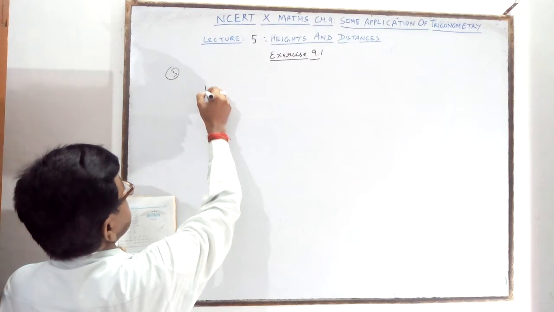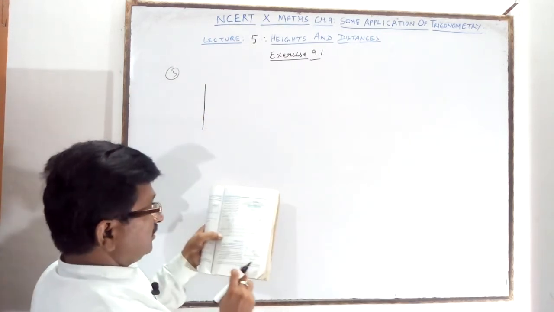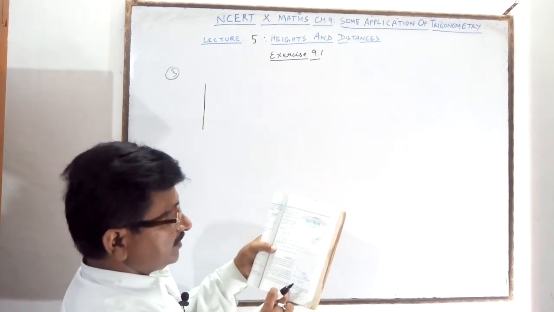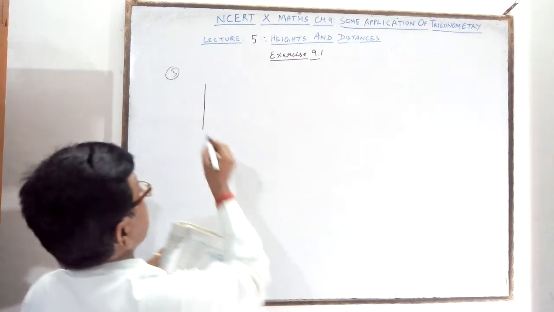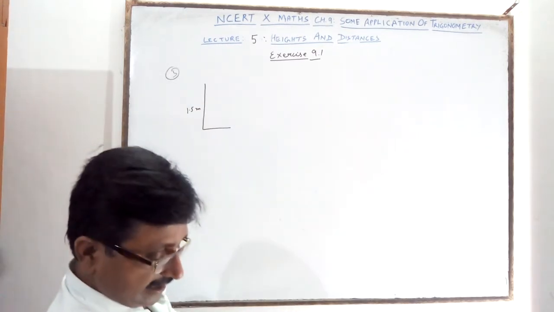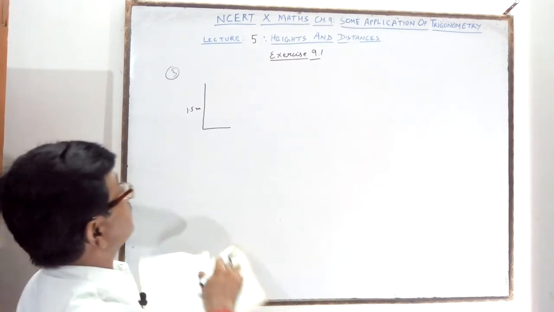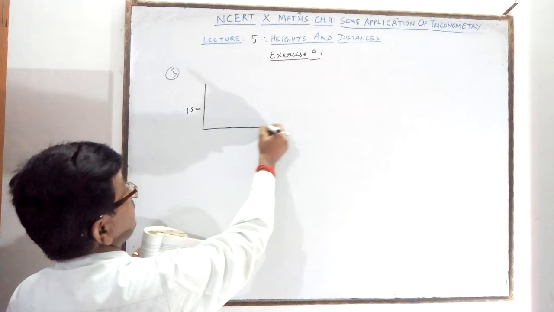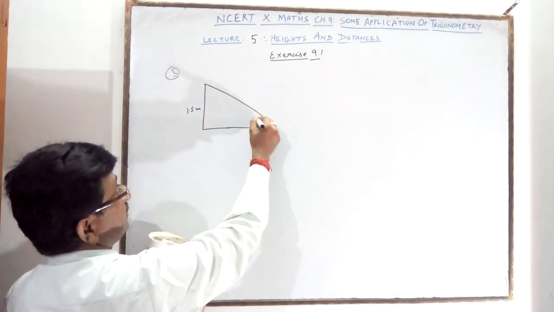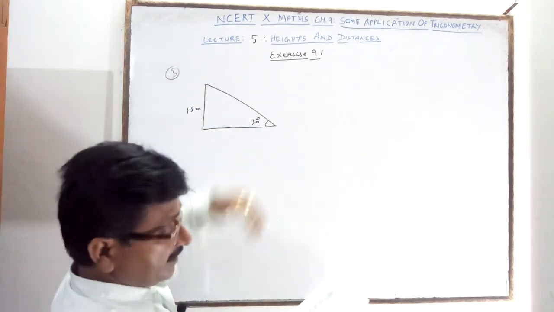For children below 5 years, one slide is wanted whose top is 1.5 meter high and which is inclined at 30 degree. Inclined means the slide. Here is the staircase, and the slide is inclined at 30 degree. It is given, the 30 degree inclination. So sliding means the student slides till here. Go up and slide down.